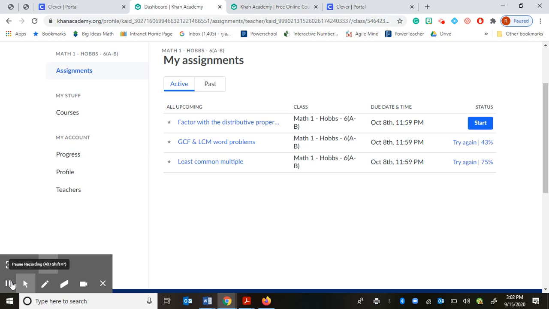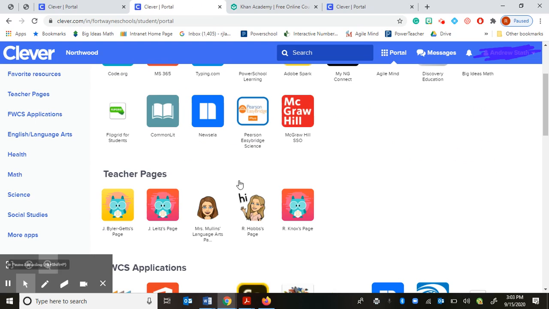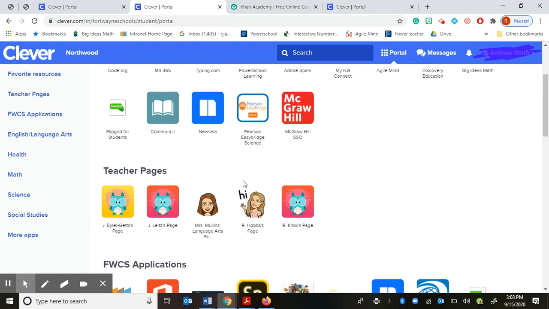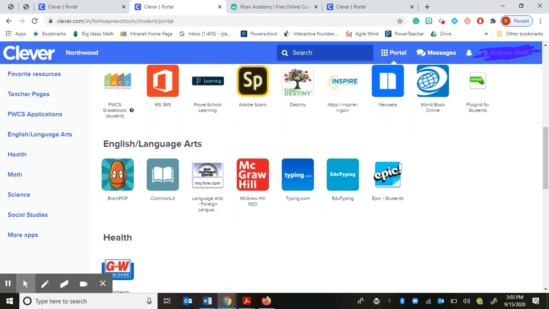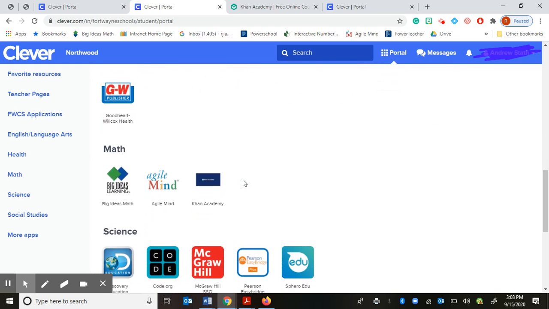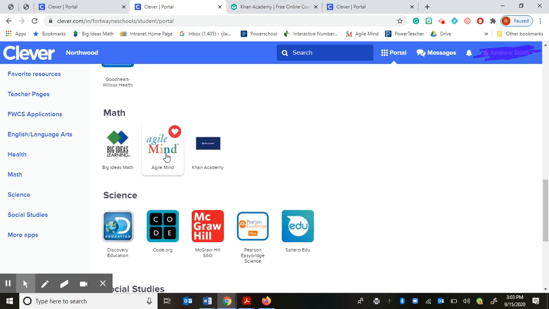Now I'm going to show you how to log in to Agile Mind, which is one of the things we use the most in math as part of our curriculum. So as you can see, we're back on our Clever page. So you're going to log into Clever. You're going to go down to the bottom where you see Math, and you can click Agile Mind.